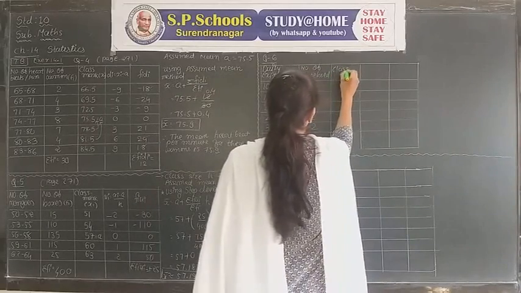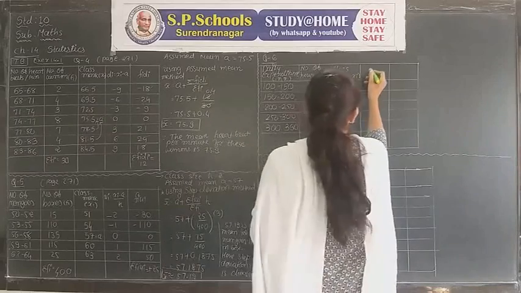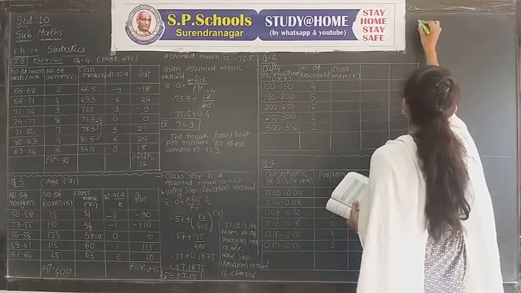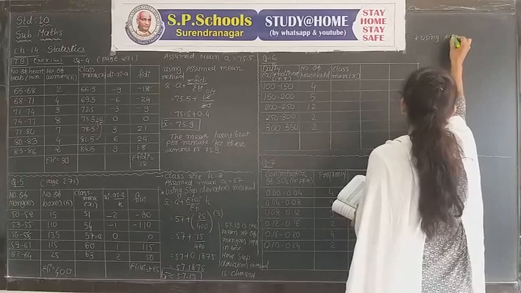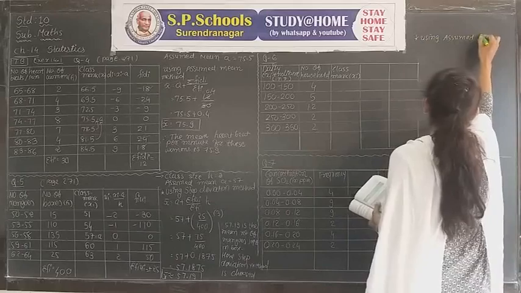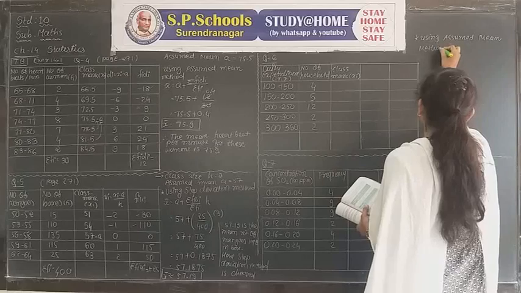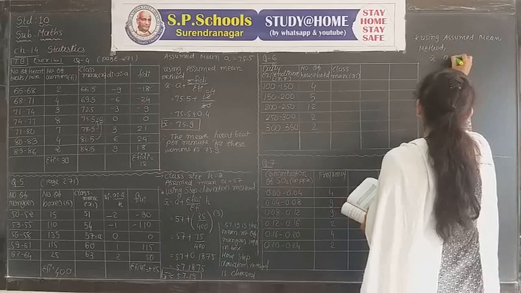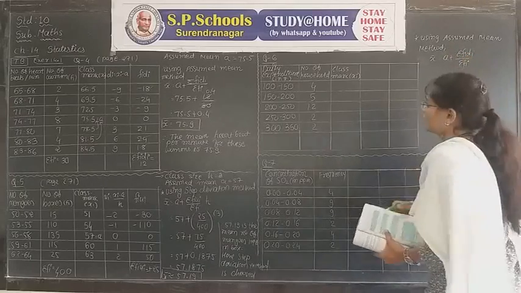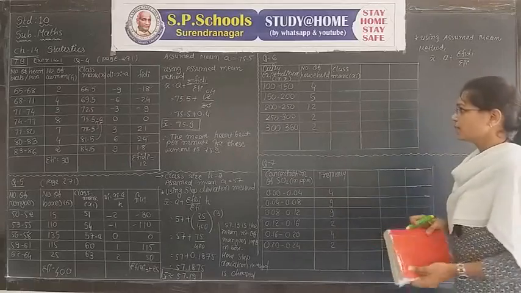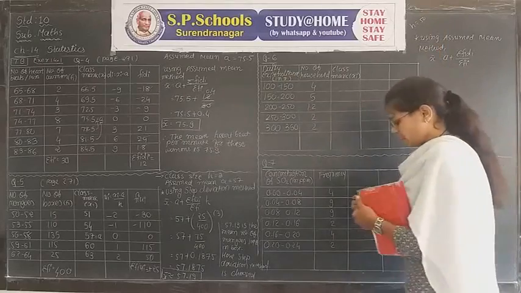The third column is for class mark, which is xi. We are using the assumed mean method here. First of all, decide the formula. X bar is equal to a plus sigma fi di upon sigma fi. For our convenience in finding the class mark, the class size h in this is equal to 50.